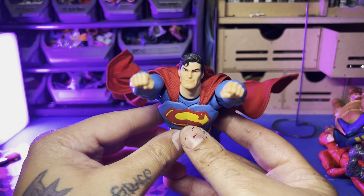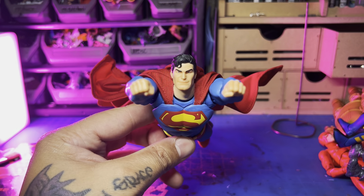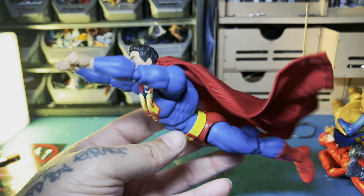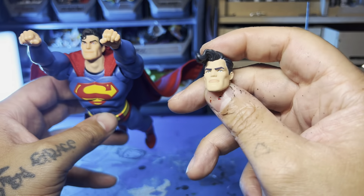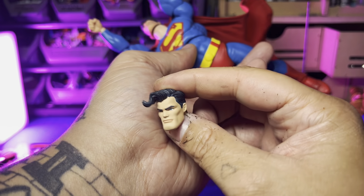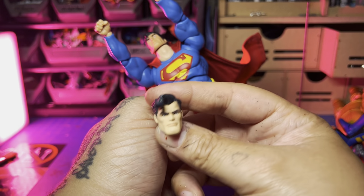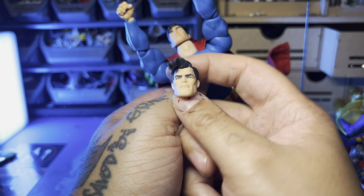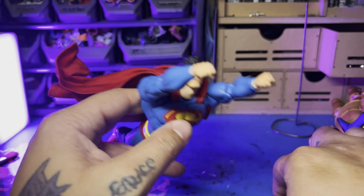That's going to be the thumbnail right there. That's fire. That is fire. Look at that. And the one thing that inspired me to do this swap is I don't like this head. I don't like that big-ass curl bang right there. It just looks silly to me. I know it's stylized because it's from the comic book, but it just wasn't working for me. So this one looks a lot better,